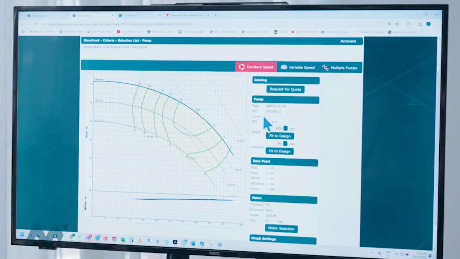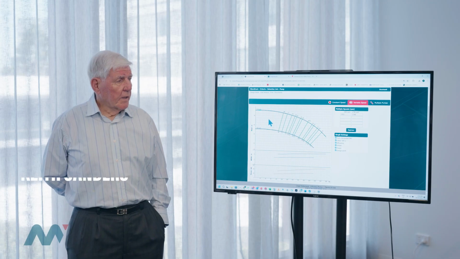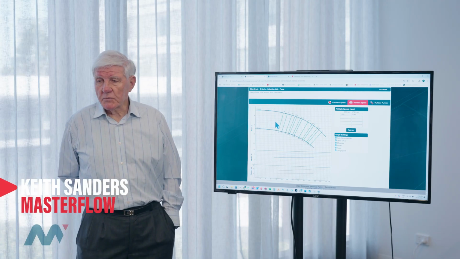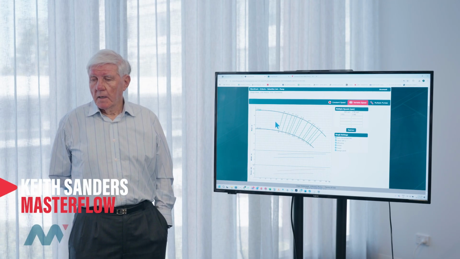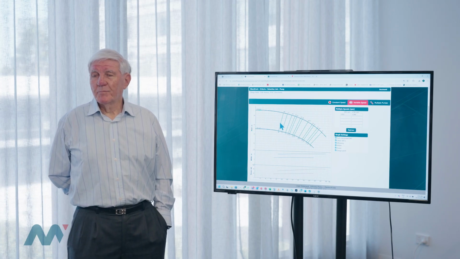On the screen we have a pump performance curve at 50 Hertz. What are the implications of running this pump at 60 Hertz? Okay, let me start by saying that most standard pumps that you buy in the marketplace in Australia are basically